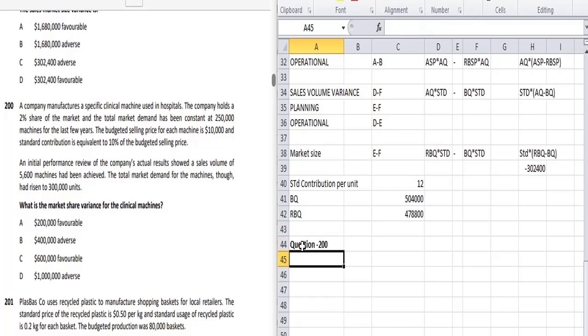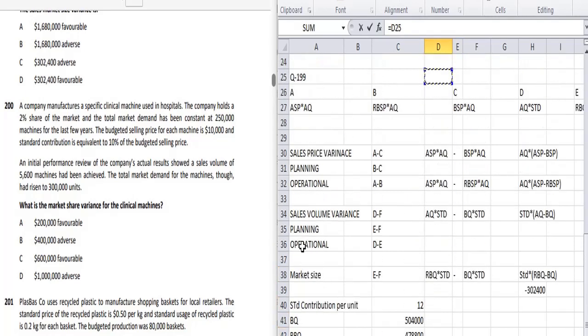So now, market share variance, and how can we get that? It will be the difference of D and E. And what's the D and what's the E in our chart? D is AQ into STD, and E is